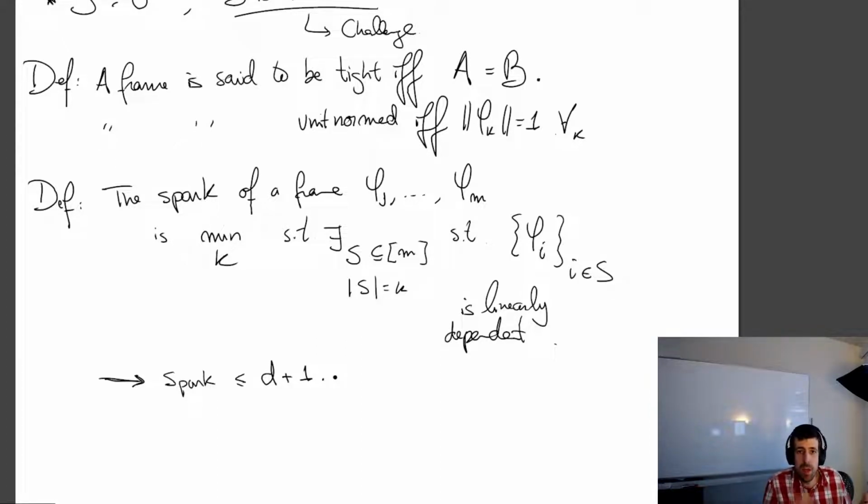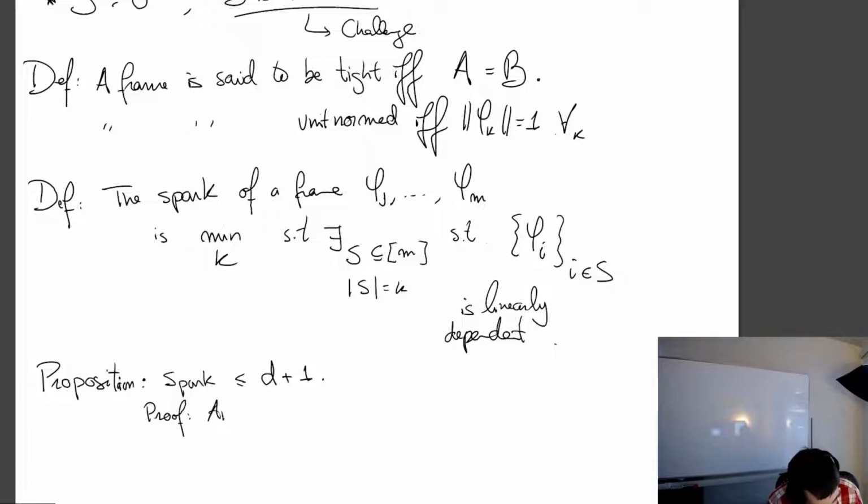If I grab d plus 1 vectors in d dimensions, for sure they're going to be linearly dependent. Sorry. So I can make this proposition. It shouldn't be raised to the level of a theorem. Proposition: spark is smaller or equal than d plus 1. Proof: